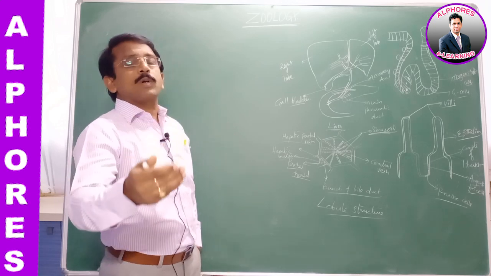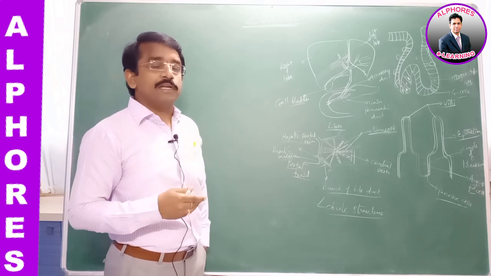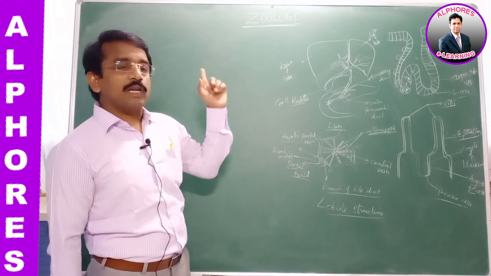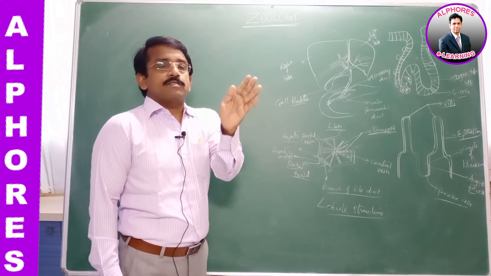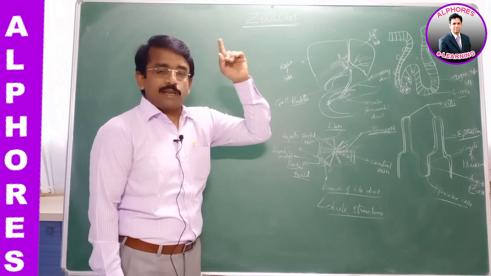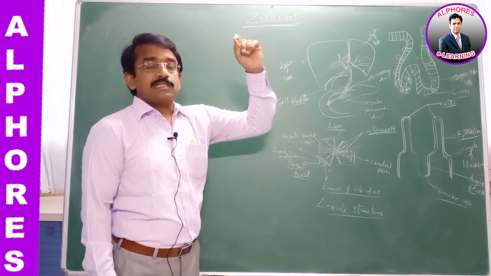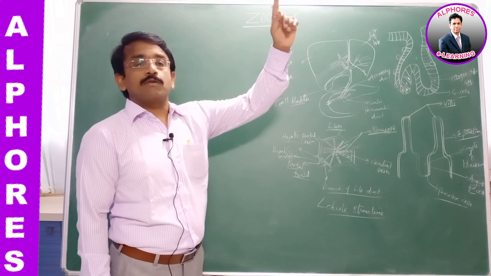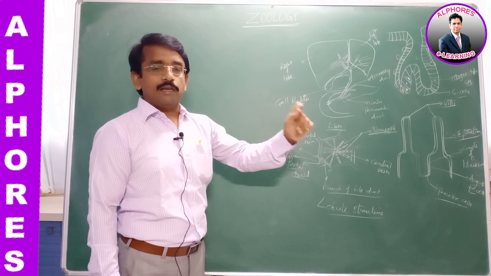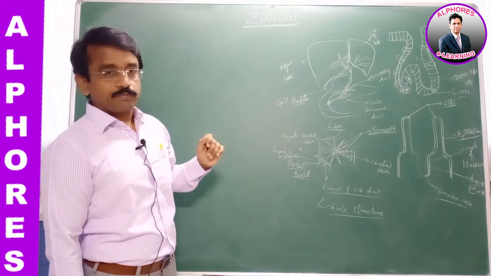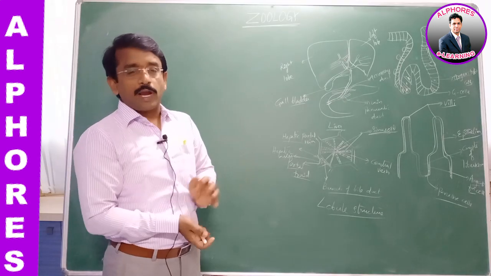If I ask you a question, the enzyme that acts under slightly acidic medium, what answer do you get? Slightly acidic medium means more towards the 6.8 pH of the saliva. So the enzyme that acts under slightly acidic medium is salivary amylase or ptyalin. The enzyme that acts under a highly acidic medium is pepsin. This conversion from inactive into active is needed.